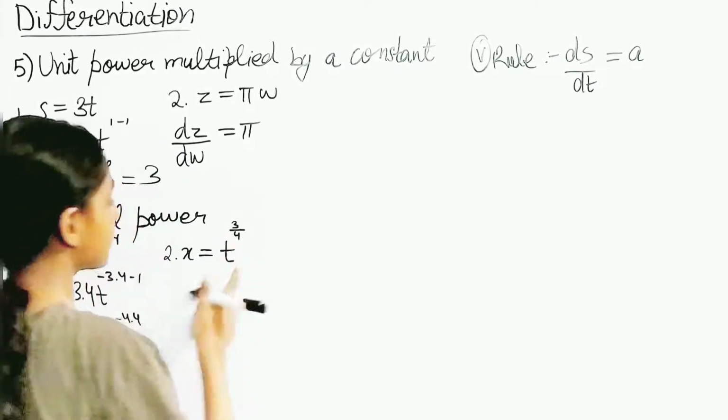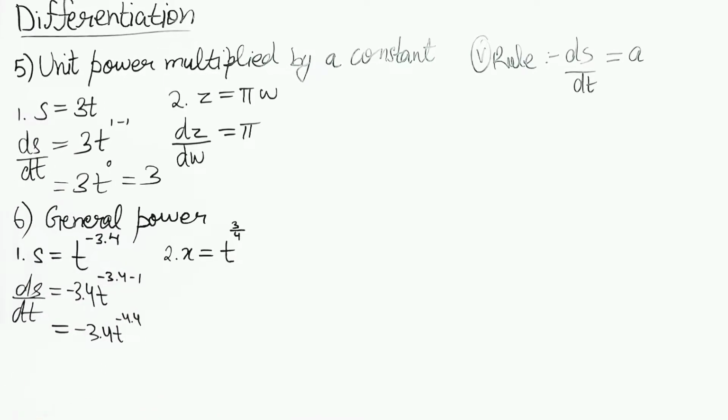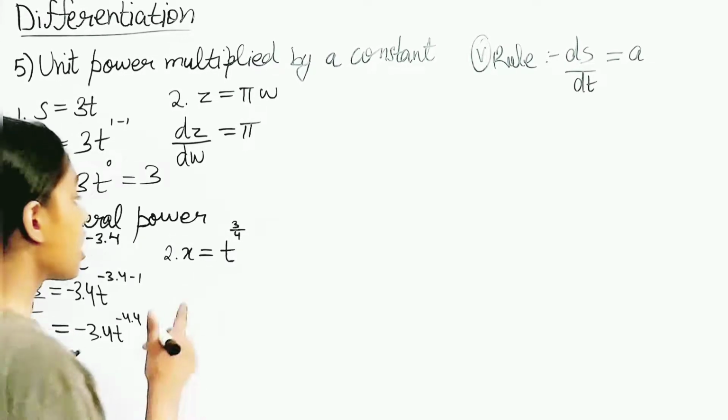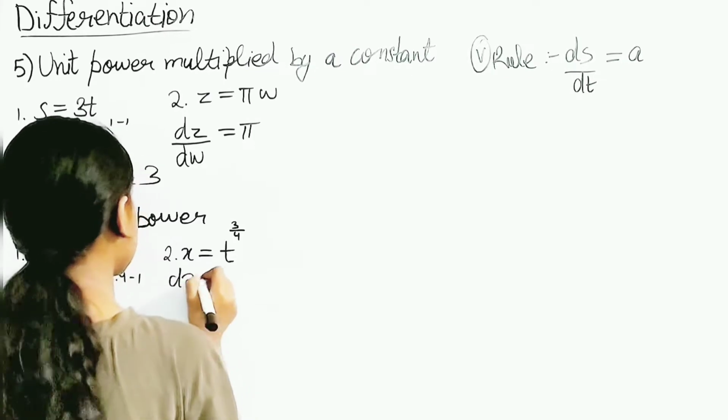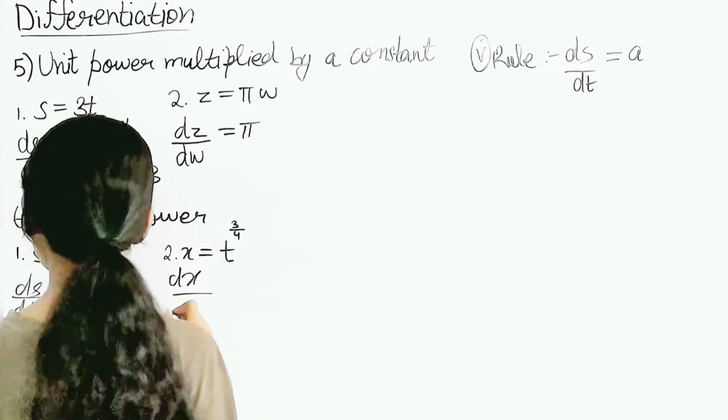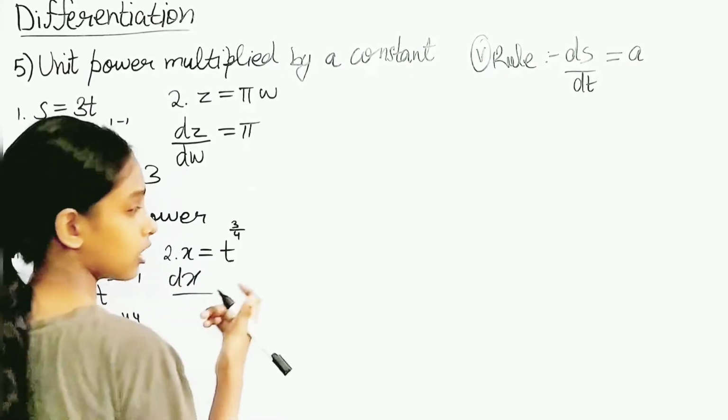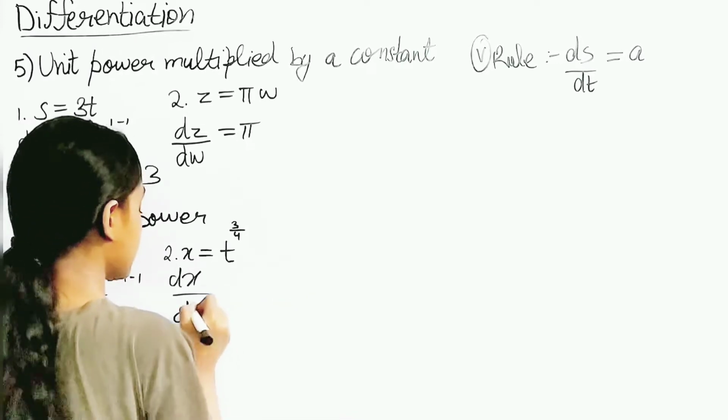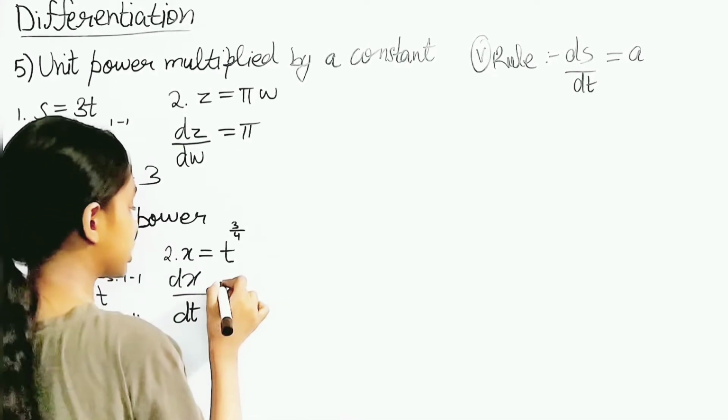So let's just take this one, okay? Whatever example we're going to take, one thing that should be here, that everything should be clear to us, right? That's what we're going to do. Okay, so dx by dt. Oh, it looks like I've taken the same value, but it's okay. dx by dt is equal to